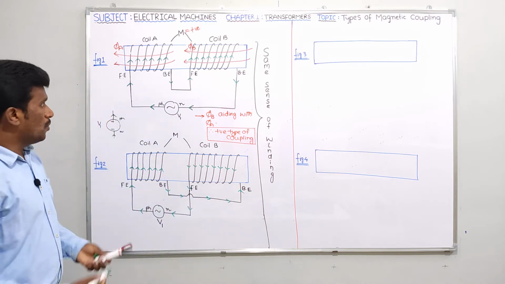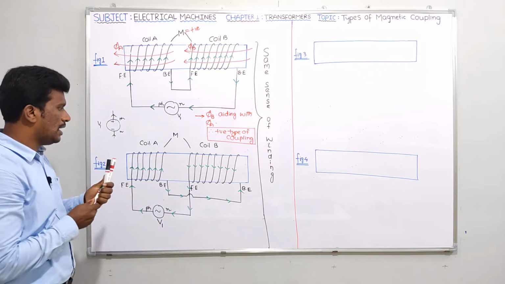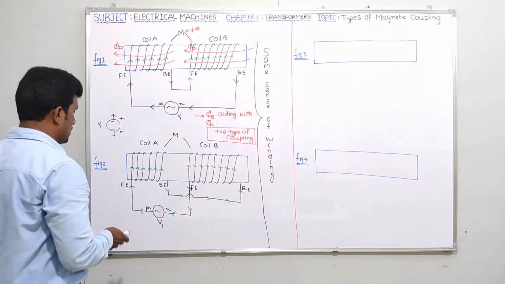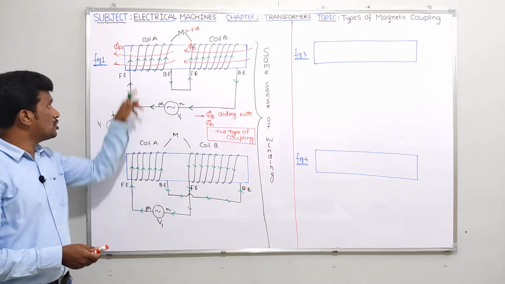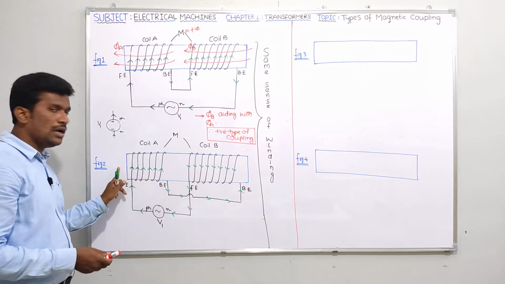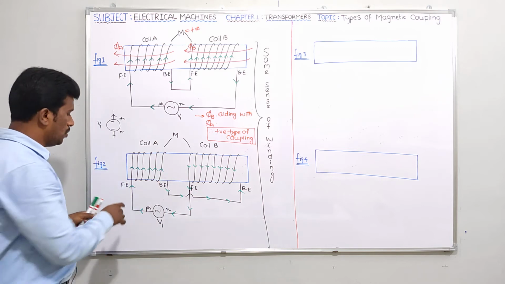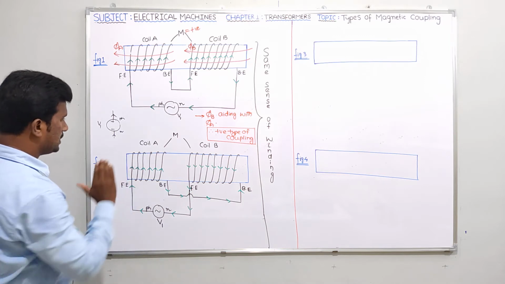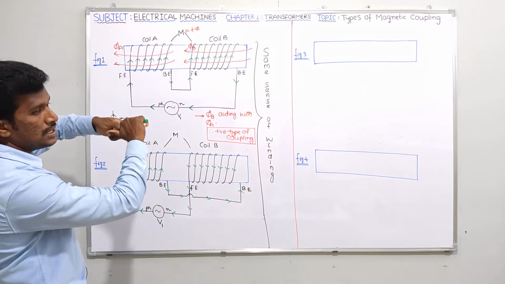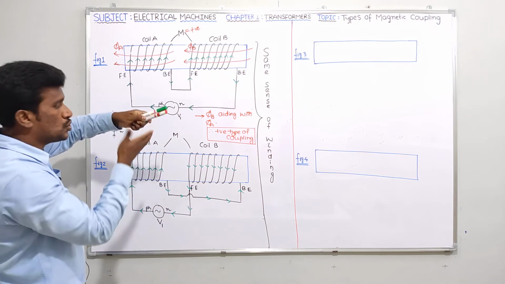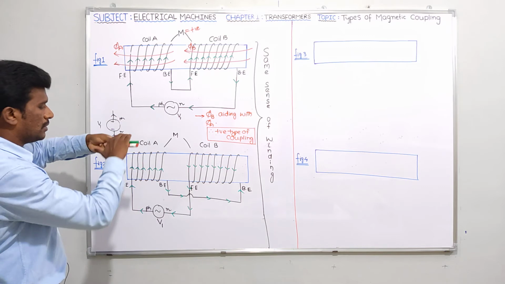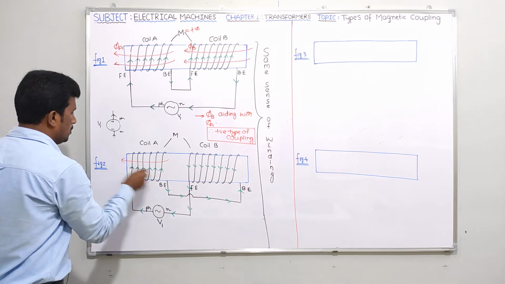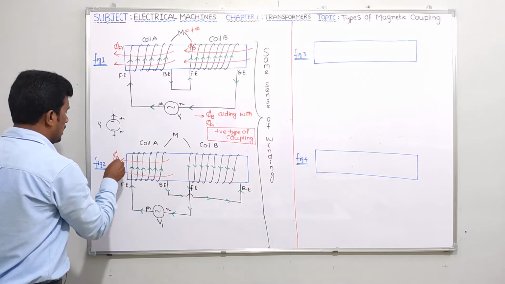Now once again, please tell me, guys, the direction of flux in coil A and the direction of flux in coil B. We already discussed figure number 1, so please tell me figure number 2. Should the direction of phi A be from right side to left side or from left side to right side? Please think clearly. As I told you, in applying the right hand thumb rule, if current is entering at front end, it should show like this. If current is entering at back end, you should show like this. Direction of flux is right side to left side. This is what I call phi A.